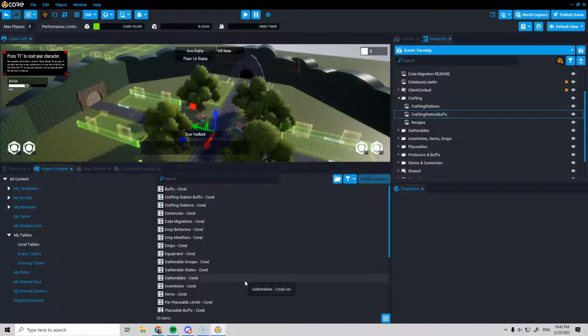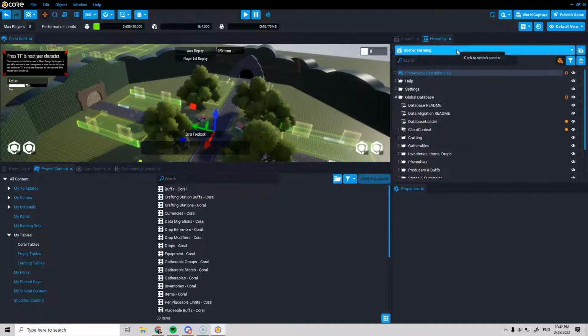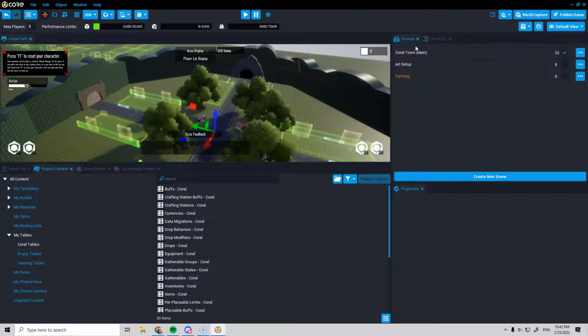Okay, I have a copy of all the tables now that is appended with coral. So I think what I'm going to do, just to be on the safe side, is make one more scene in this project so that I can keep a duplicate of the old farming. So I'm just going to go here and hit duplicate scene,